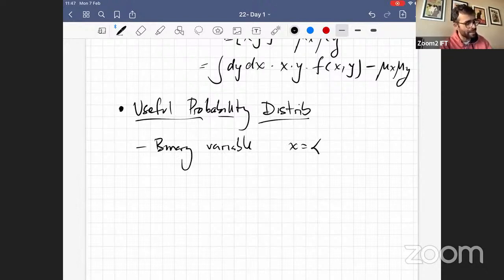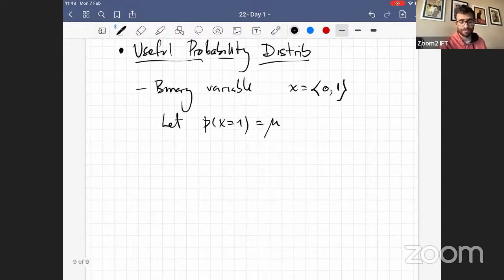So a binary variable can just take two values. I hope you agree that this is simpler than a Gaussian. Right. So what is the distribution function of a binary variable? In order to do that, you say, okay, let me define the probability for x being equal to 1, and I just put it mu. Of course, if this variable is binary, then the probability of x equals 0 is 1 minus mu, because I need to respect the axiom.